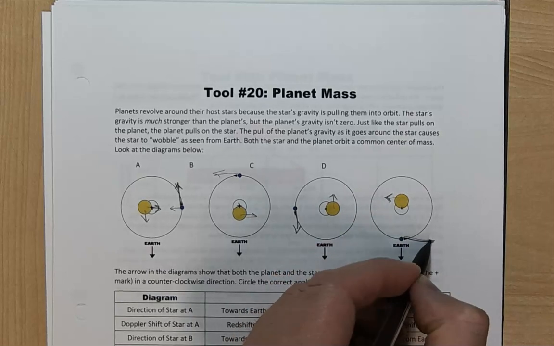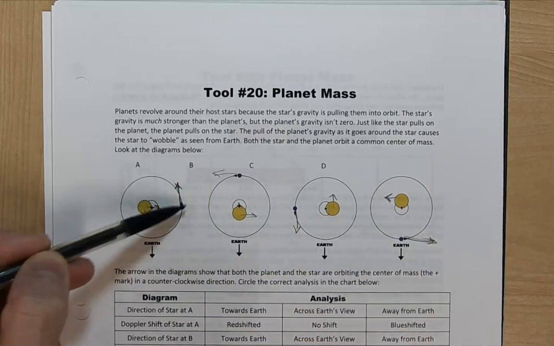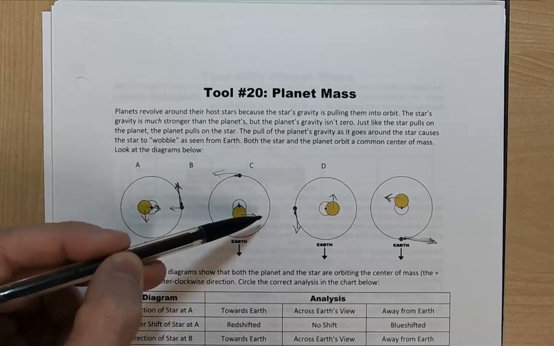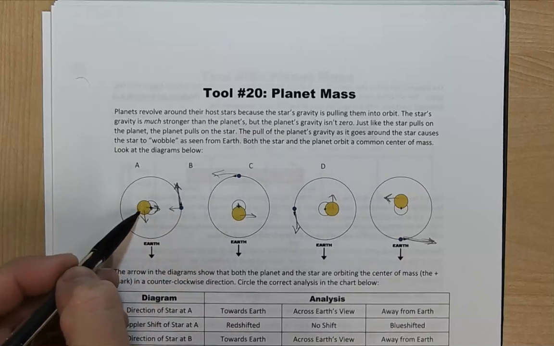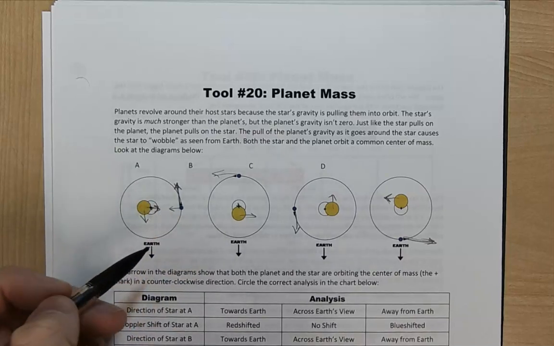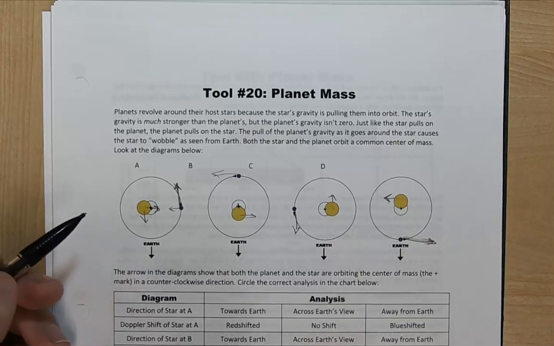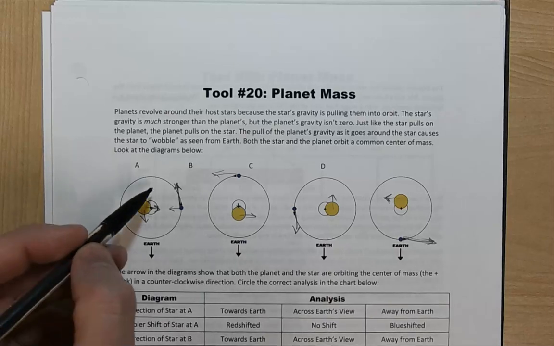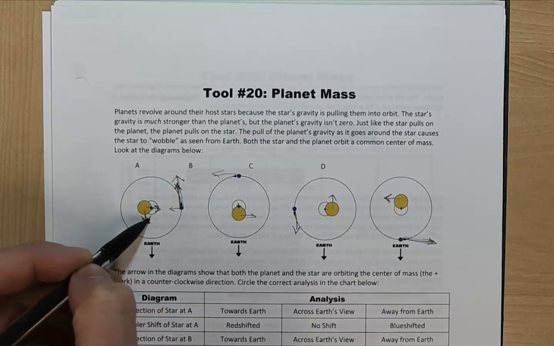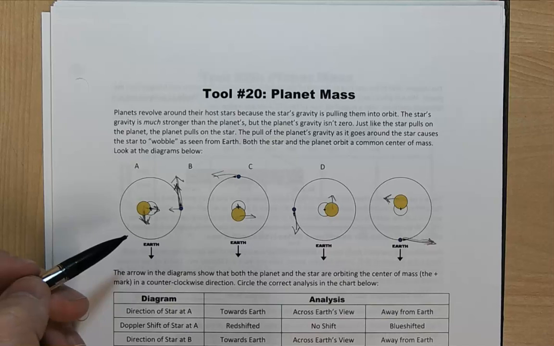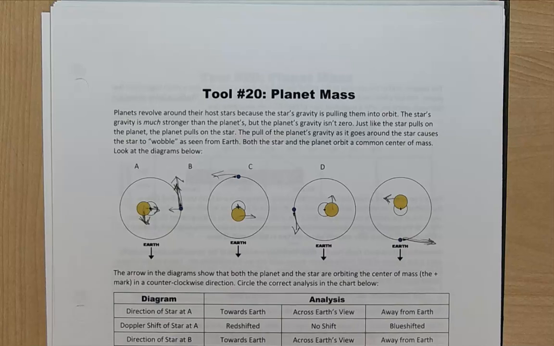They're both orbiting counterclockwise, right? The planet's going around like this, so counterclockwise. How is the star moving? Also counterclockwise, right? They're both orbiting counterclockwise, but at any given instant, they've got to be moving in opposite directions. If the planet's velocity is this way, the star's velocity is going this way, which in these diagrams, we're looking at the star and the planet in